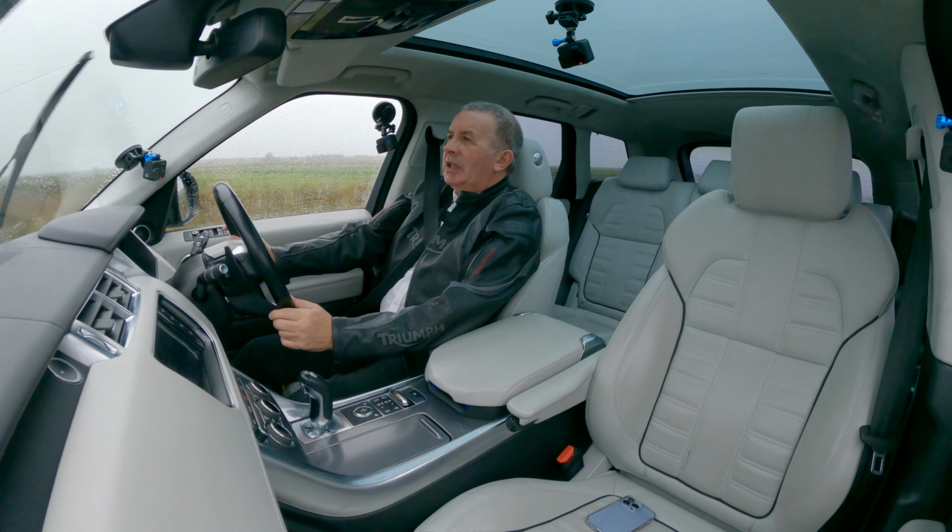Now that's one touch, set the cruise, and hopefully you'll be able to see from the dash, sorry, from this GoPro on the dash. If I just click it again,